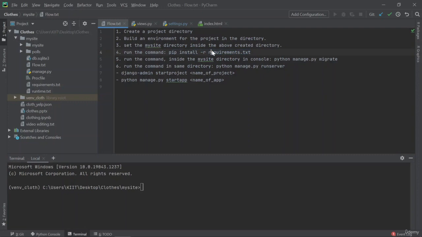So what happens is that requirements.txt stores all the information of the packages and their versions which are required by this project. So once you run this command, all of those requirements or packages and dependencies are going to be installed inside your directory environment, right? So once you have done that, what you have to do next is run the command